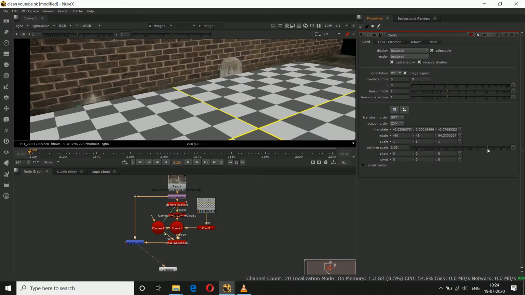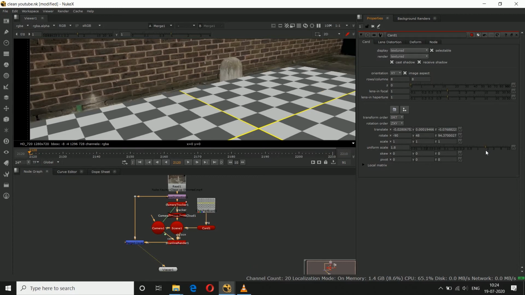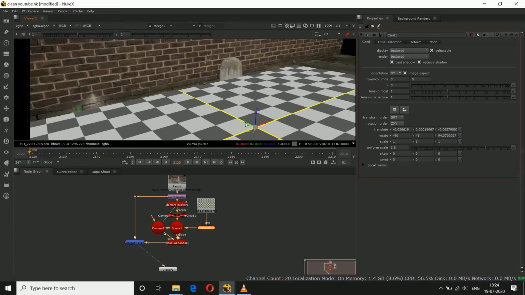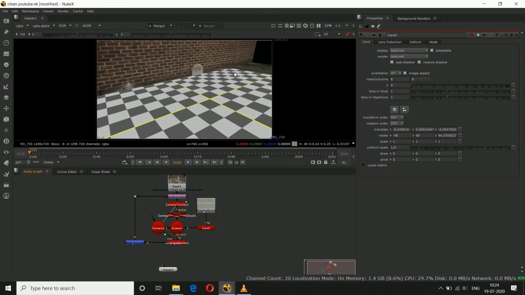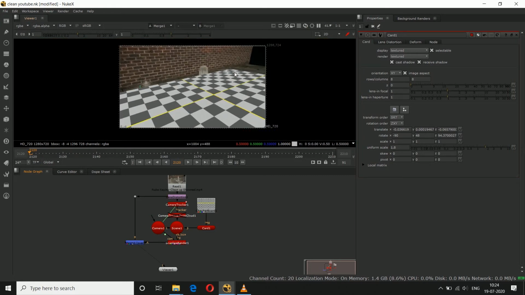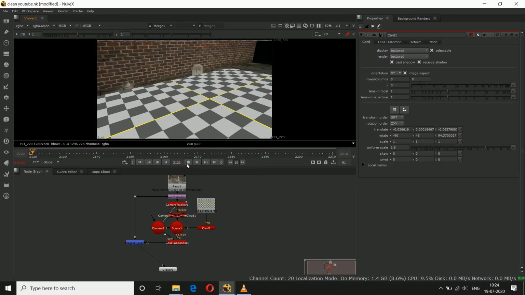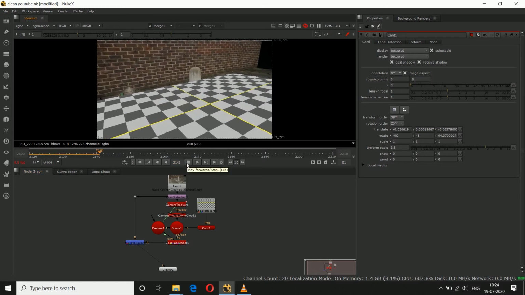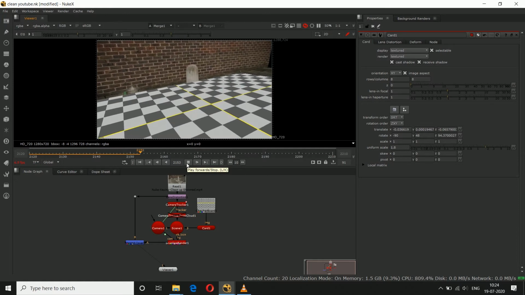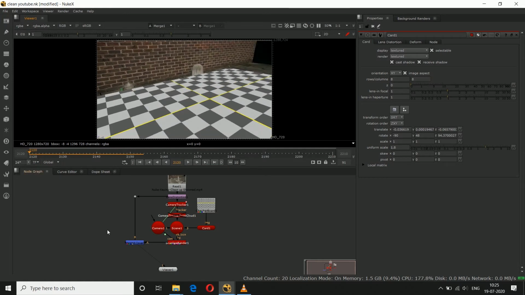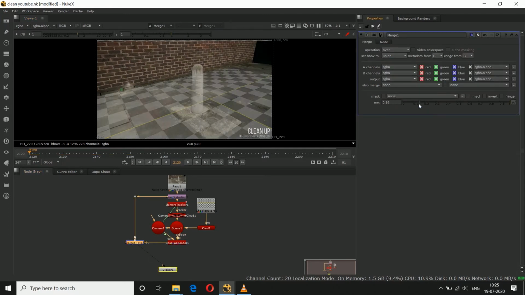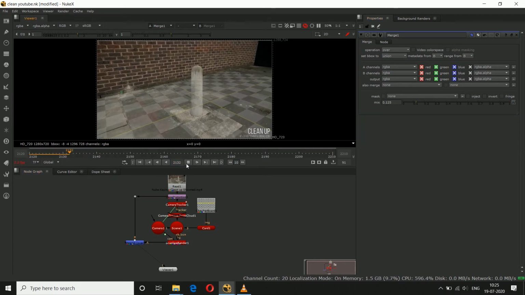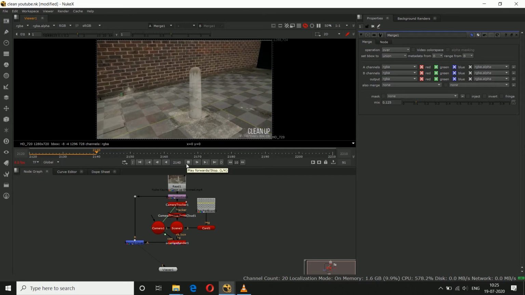Okay, so a little bit forward. So you can see that our card is properly on the ground. See, I'll show you. So you can see that our card is properly sticking on the ground.